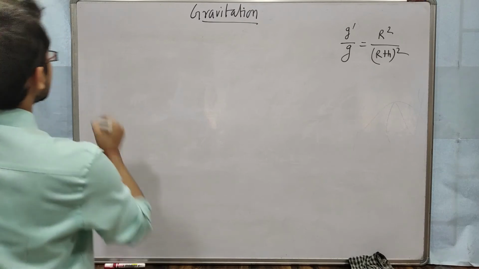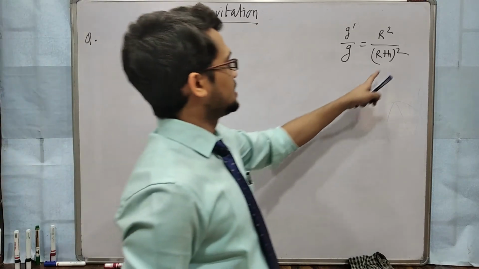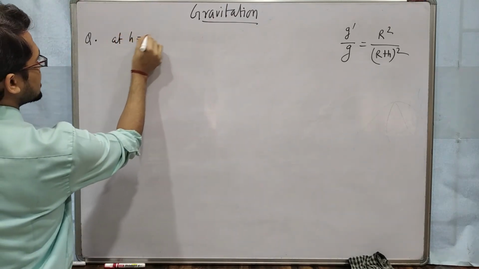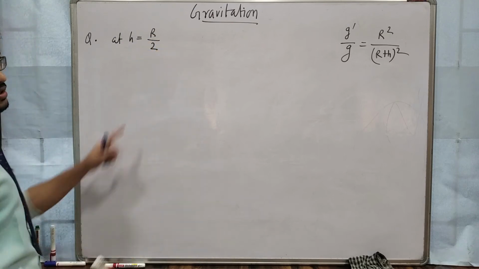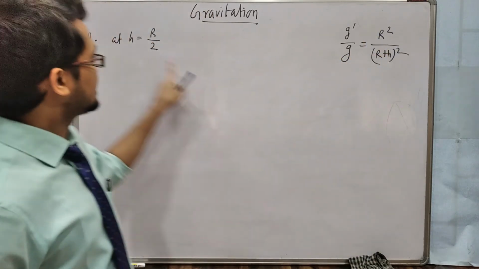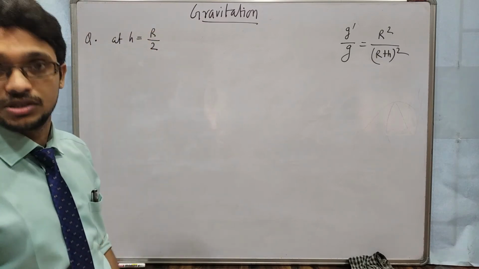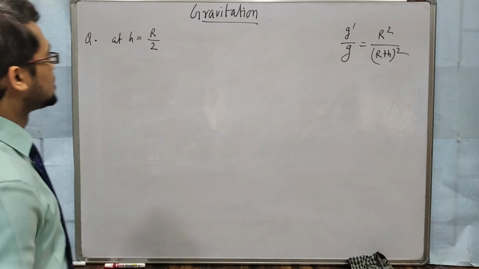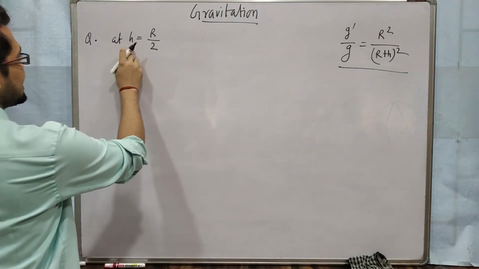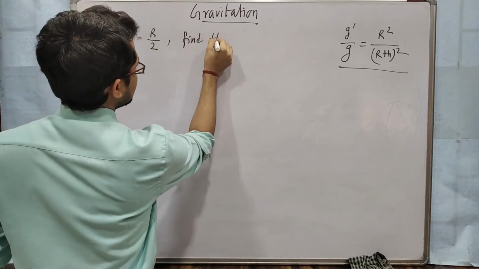So students, the first question is, suppose you are asked that at a height h equal to R by 2, which is not very small compared to the R. Okay, it is R by 2. 6400 is the radius, so R by 2 means 3200 kilometer. That is not small. So we will use this formula. Okay, so at h equal to R by 2, find the percentage decrease